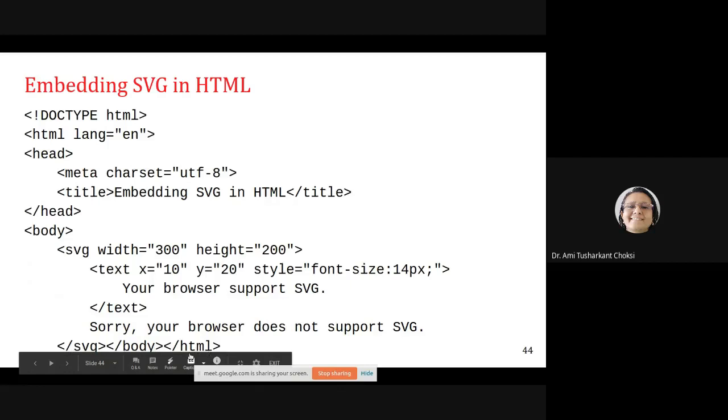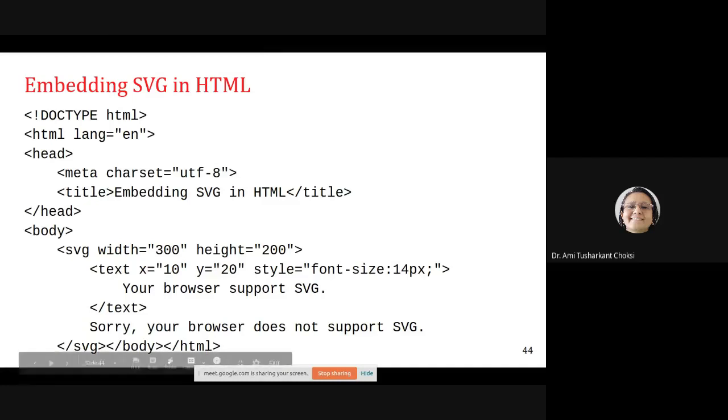Typically if you are using the latest version of Chrome or Mozilla, those have support for all these things. If you use any latest browser, you should not have any problem with SVG.